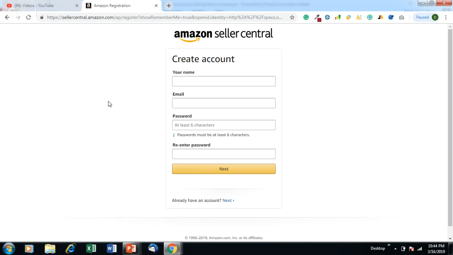Yes, a professional account has to be used, because the core feature that is missing in an individual account is the campaign. The Amazon PPC campaign will not be available for an individual account. And if that is not available, then you will lose out a lot. Like, you will not be able to sell.